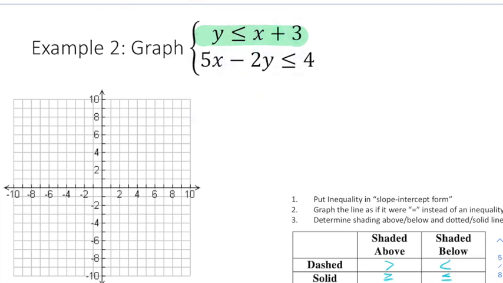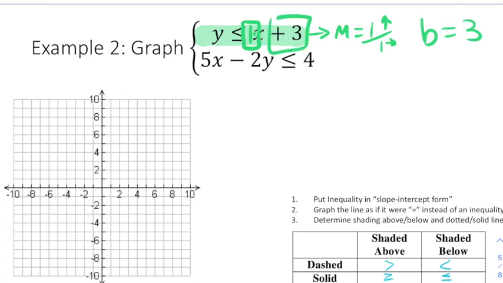form. I might want to help by putting a little 1 here in front of the x, but that's my m, so I can write that as 1 over 1, up 1, right 1, and 3 is my b. So I'll start at 3 and fill out the graph by going up 1 over 1. This is a line underneath, so it's a solid line, and it's a less than, so I'm going to shade